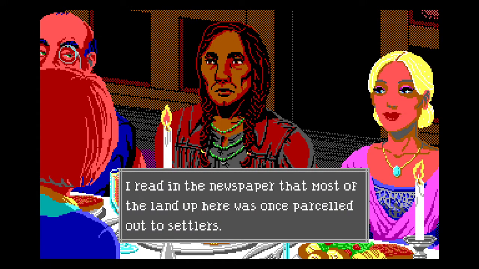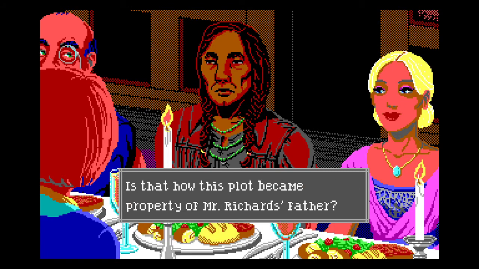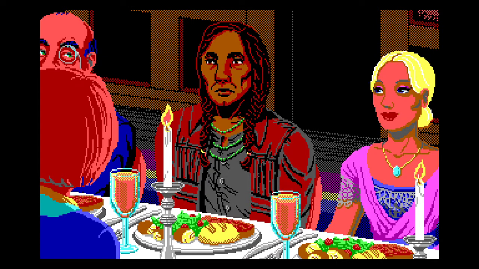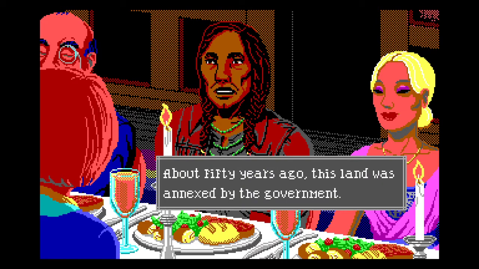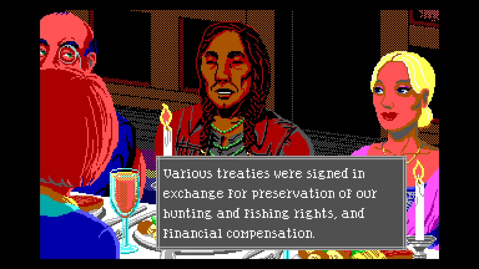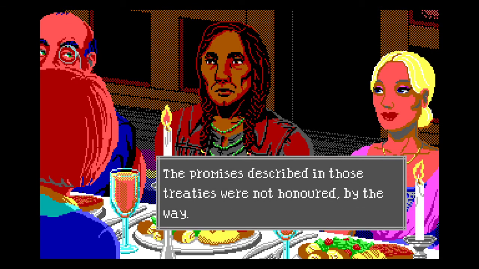I read in the newspaper that most of the land up here was once parceled out to settlers. Is that how this plot became property of Mr. Richard's father? About 50 years ago, this land was annexed by the government. Various treaties were signed in exchange for preservation of our hunting and fishing rights, and financial compensation. The promises described in those treaties were not honored, by the way.